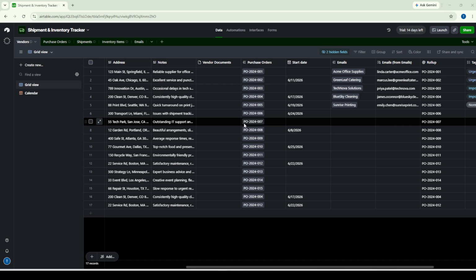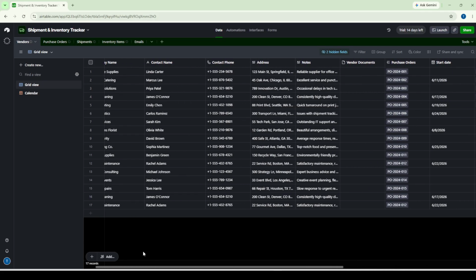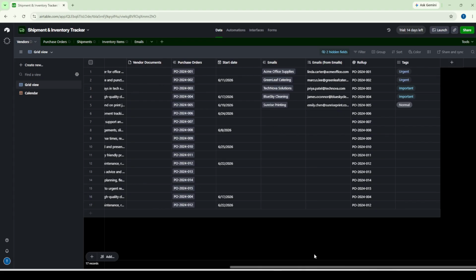In today's video, I'm going to show you exactly how to color code your data in Airtable using single select fields, so you can visually organize your records and instantly spot the status of any entry at a glance. Airtable is an incredibly flexible tool that blends the simplicity of a spreadsheet with the power of a database. And adding color to your fields transforms a sea of text into a clear visual dashboard that speeds up your